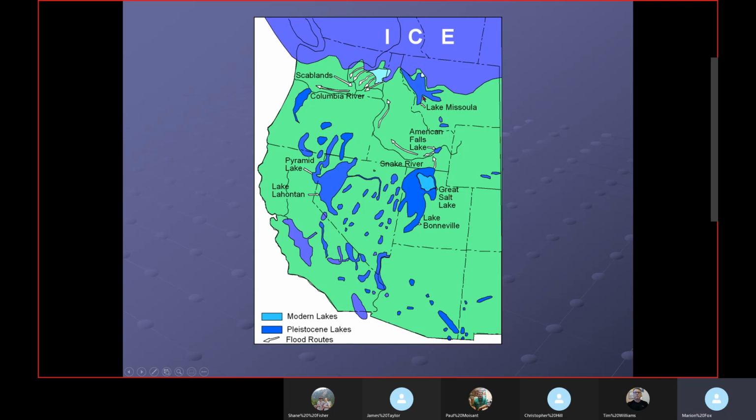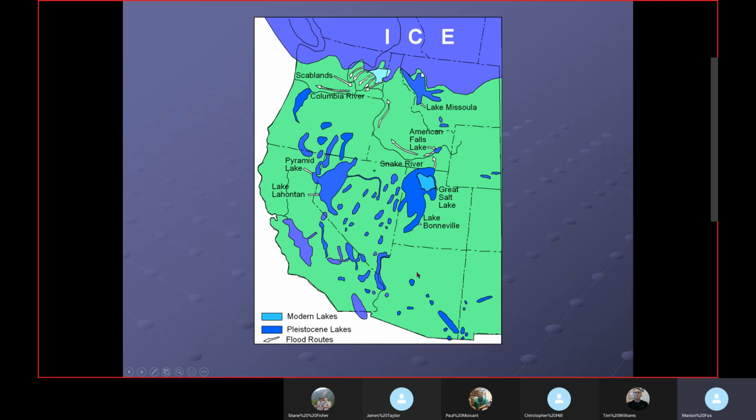There's a lake here. This is an ice lake up here, Lake Missoula. And we may have some more ice lakes over here. But this was the lake here, Lake Bonneville, Lake Lahontan. There was another lake down here in California, some more down in this region. Now, there's sufficient evidence of these lakes. There's also a lake over here